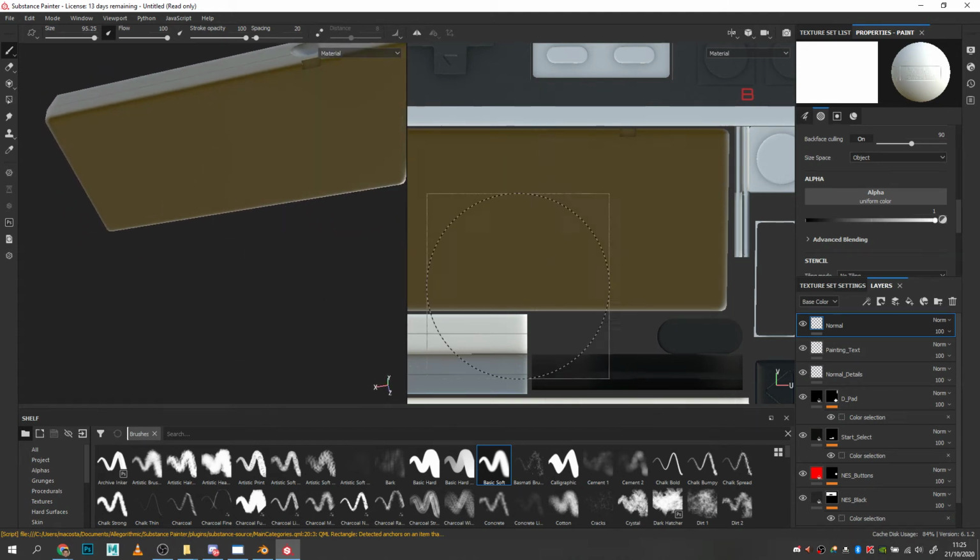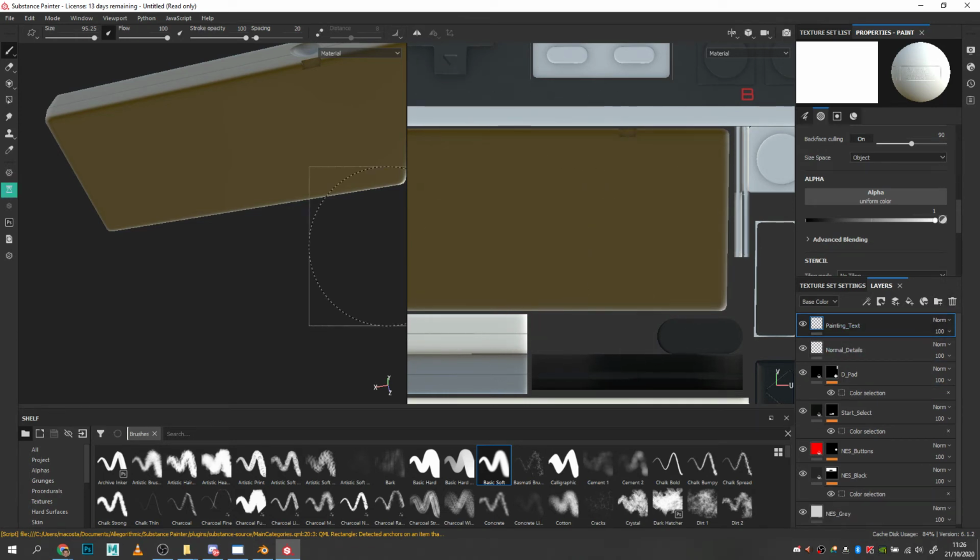But yeah, I think bring it in as an alpha. So have that as a black and white texture and bring it in as an alpha. Your other option is for us to just edit the normal map later on in Photoshop and just stick it in. It must be something to do with the normal not being quite the right colour. Anyhow,